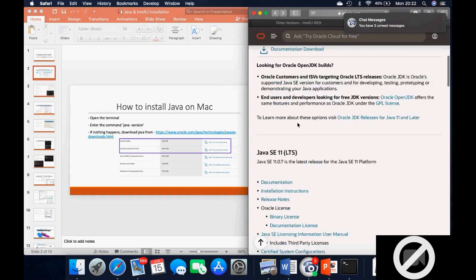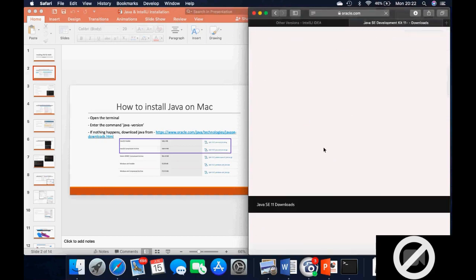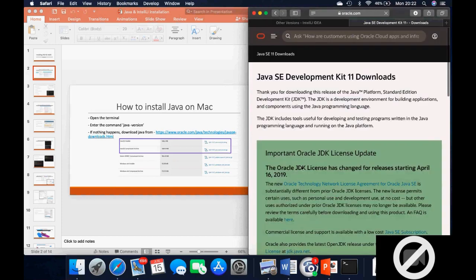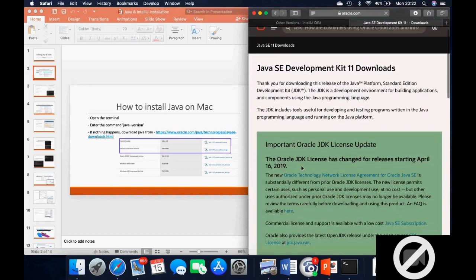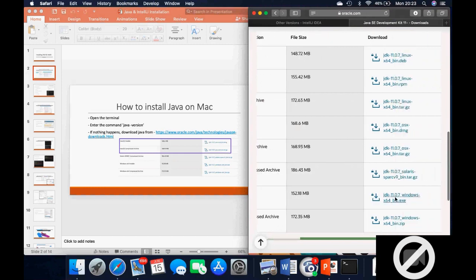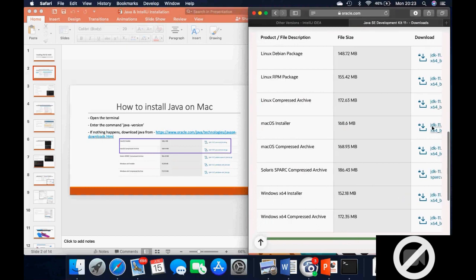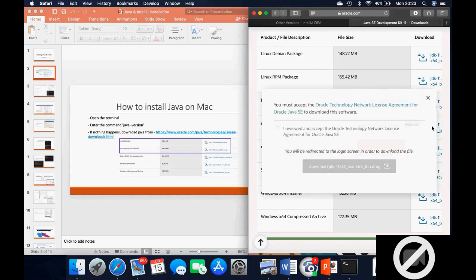So I'm going to go to the JDK download and then I would scroll down. Since I'm using a Mac, I would click on the Mac, but if I'm using Windows as well, I would also go ahead to click on the Windows version. But since I have a Mac laptop, I'm going to be clicking on the Mac installer. And once I click on the installer, I have to accept the agreement, click on the download, and I'm going to be redirected to an Oracle